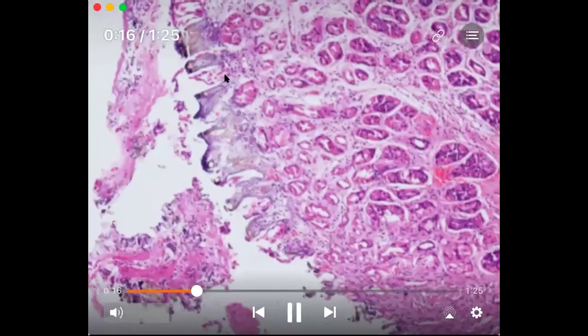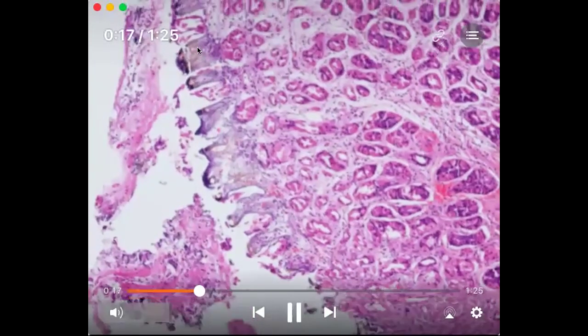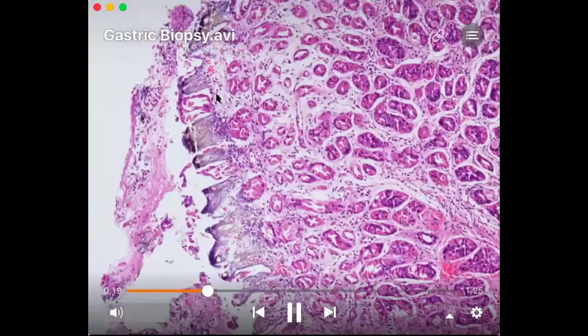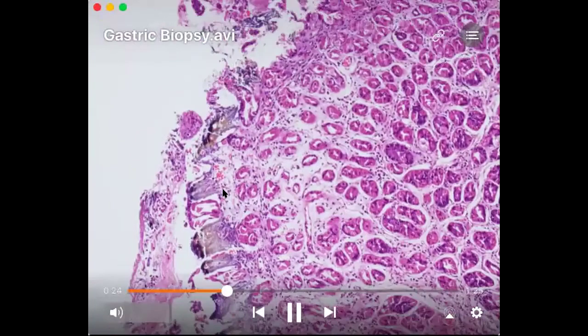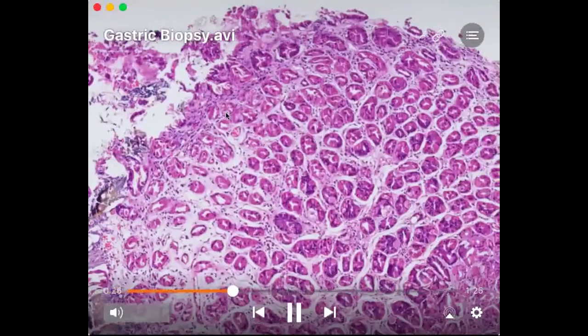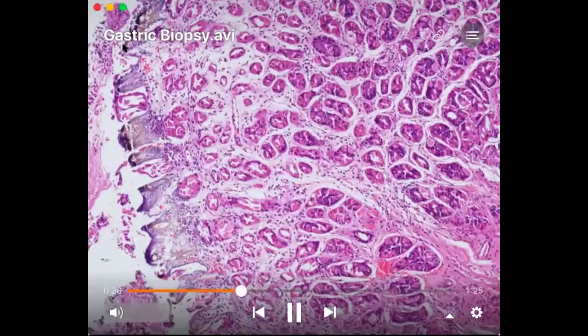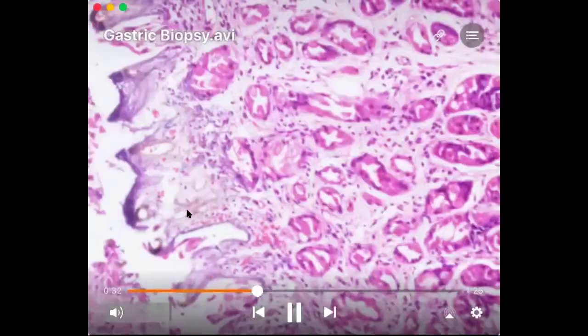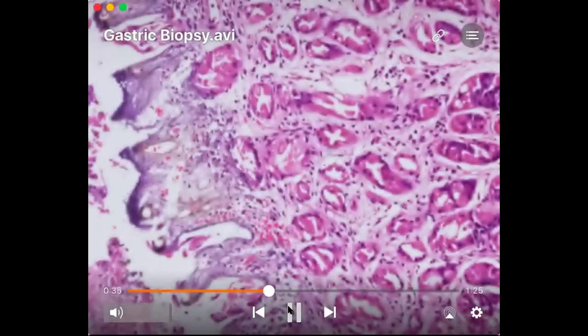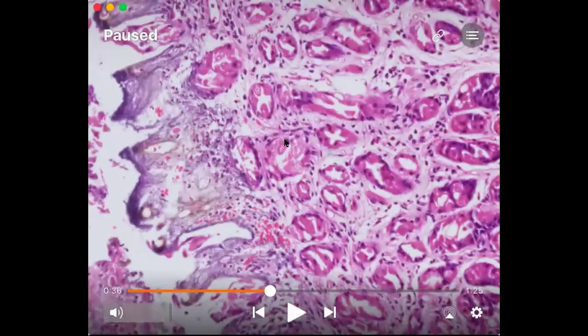that is, the mucosal epithelium is removed. And then we could also make out that there are deposits of this golden brown pigmented material on the surface, which is present throughout the mucosal epithelium. Now, when these kinds of deposits are present on the gastric epithelium, we really want to be sure whether these deposits are pathological or not pathological, and secondary to the forceps that are being used for taking out the gastric biopsies.